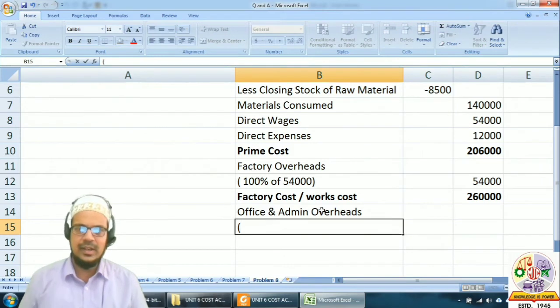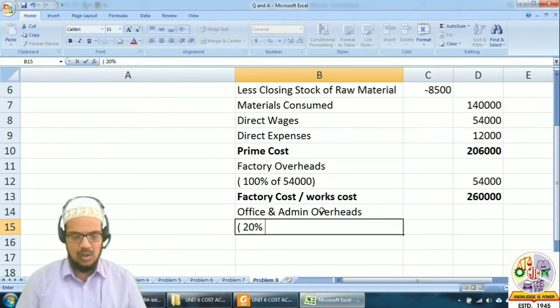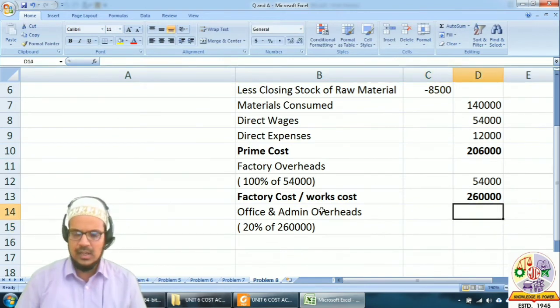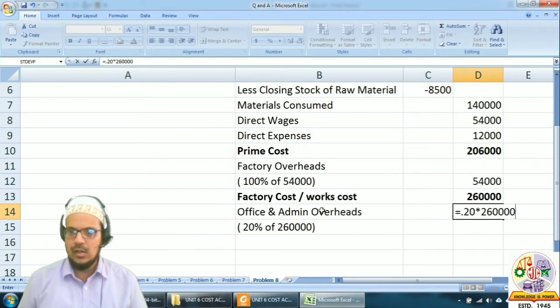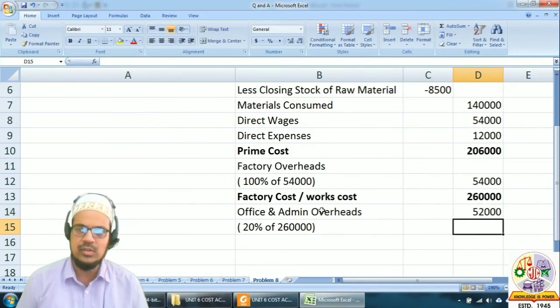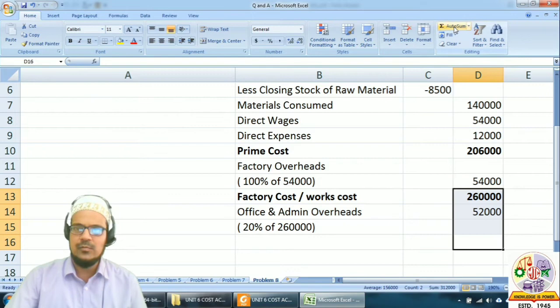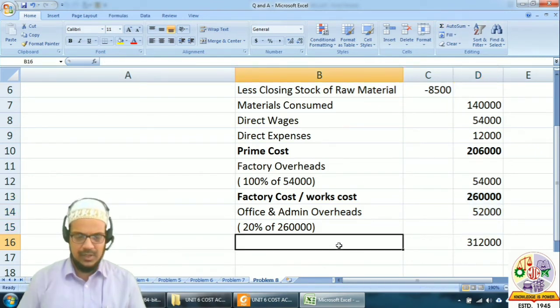In brackets we will write 20% of 2,60,000. 20% of 2,60,000 comes to 52,000 rupees. Again you will take total of these two, which will come at 3,12,000,